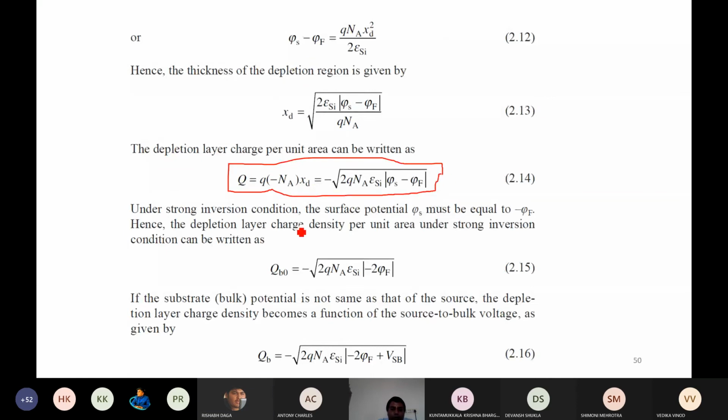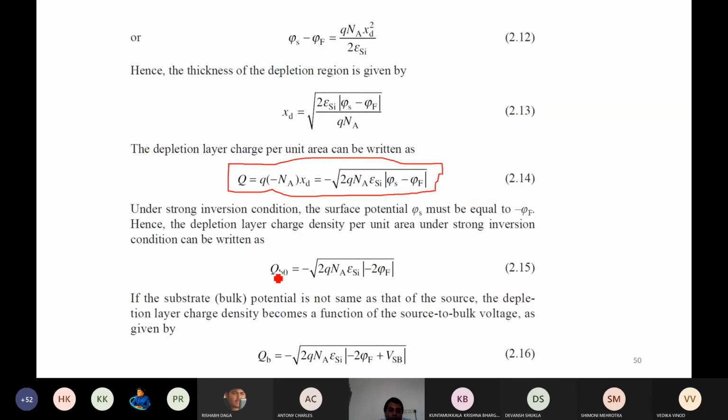Further, in future too much derivation is not required, but in the beginning we are doing it. Also, in a strong inversion condition, this phi s must be equal to minus phi f. So the strong inversion condition is that the surface potential of the silicon must be equal to the negative of phi f. Therefore this is substituted here. Then it is simplified in strong inversion. This is the general equation, but in strong inversion, how much